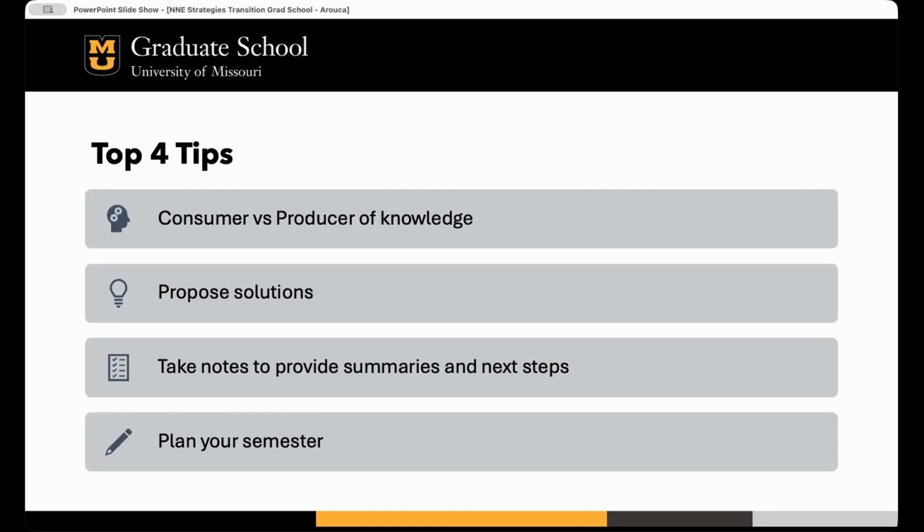Now you need to figure out how to put those pieces together, how to continue learning, and not just learn from one class and not think about the other class. How do those classes work together? They are put together in a curriculum because they're going to give you the knowledge that you need to succeed, to produce knowledge, and to apply that knowledge. So you're becoming that producer of knowledge.